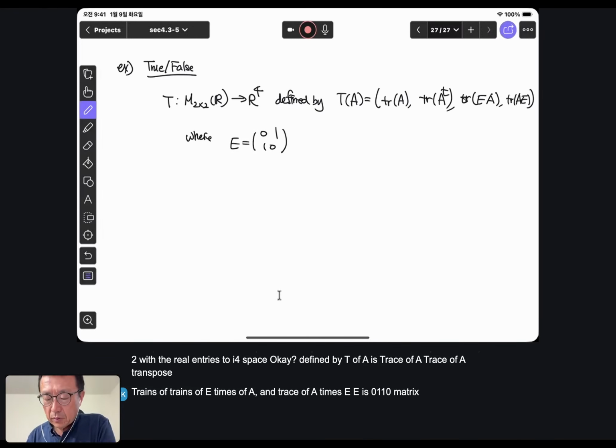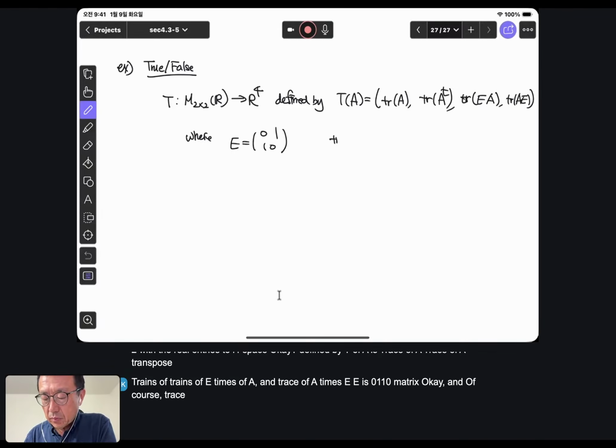Okay, and of course, trace of the matrix A, B, C, D will be A plus D. So if I have such a mapping,